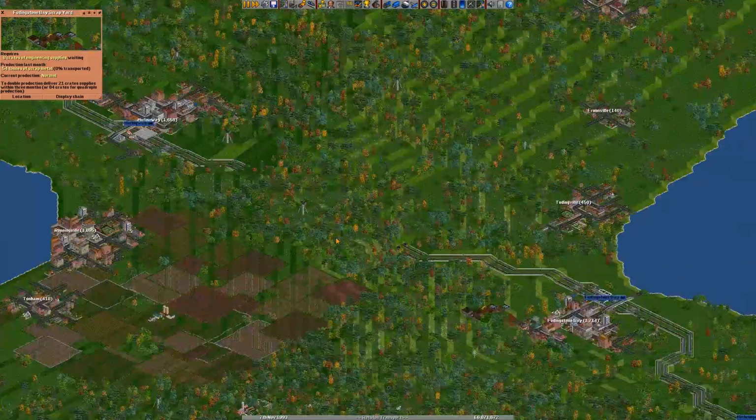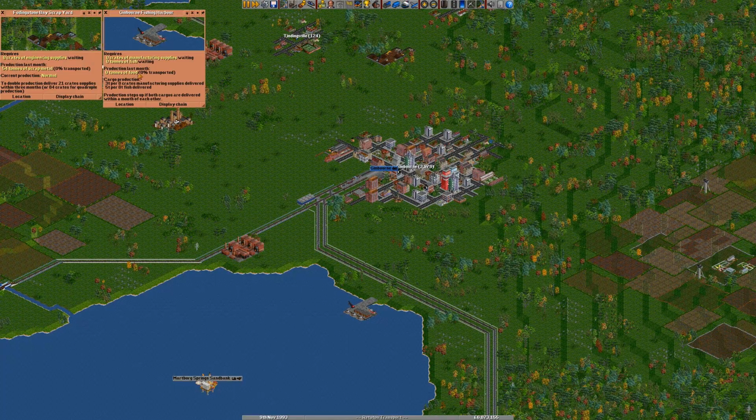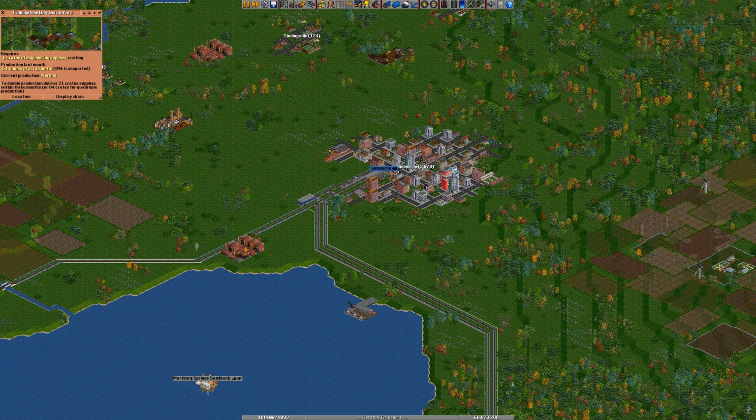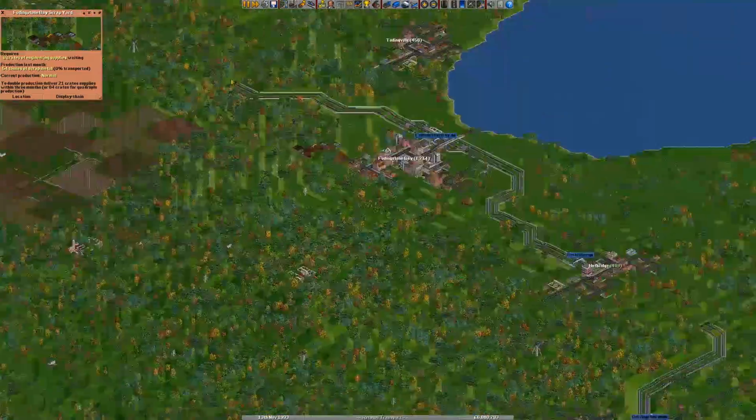What's this? Scrapyard, okay. Nothing that requires anything. Does this require? Right, so we need fish and manufacturing supplies. Coal, maybe? We could take coal to this steel mill. In fact, yeah, let's